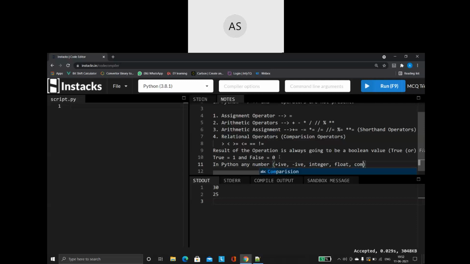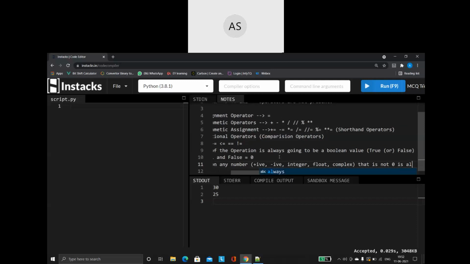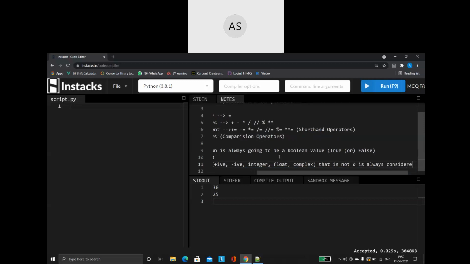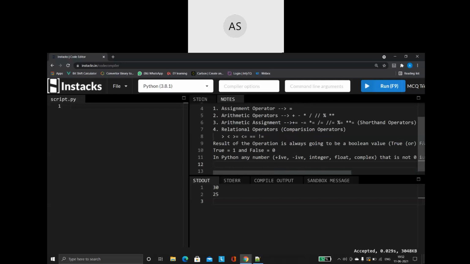Anything that is a number, any number that is not zero, that means the value of the number should not be zero, is always treated as true, is always considered as true. This is one very important point that you have to remember.